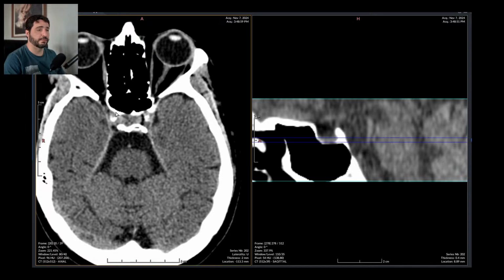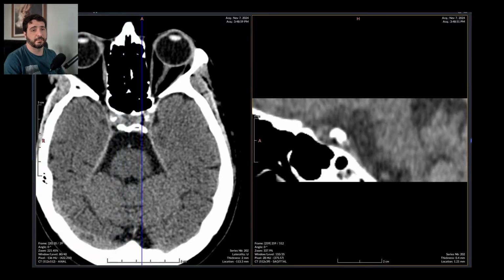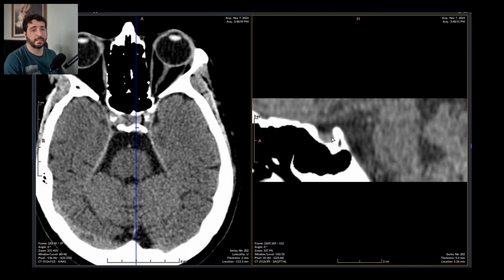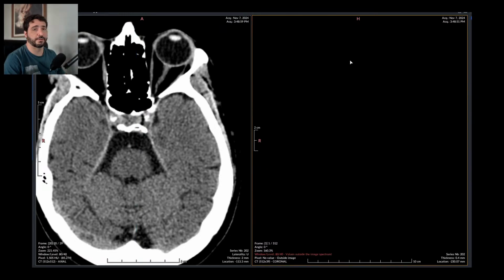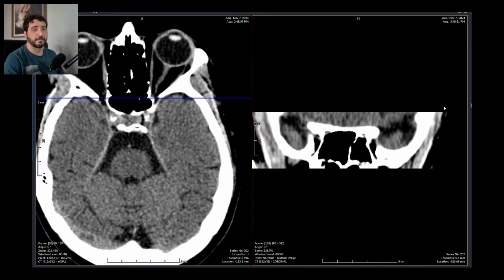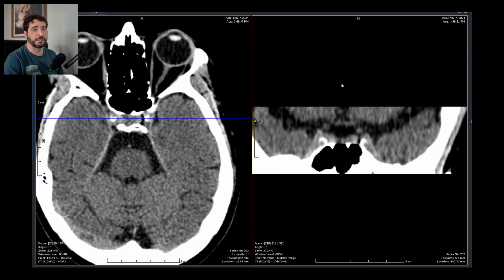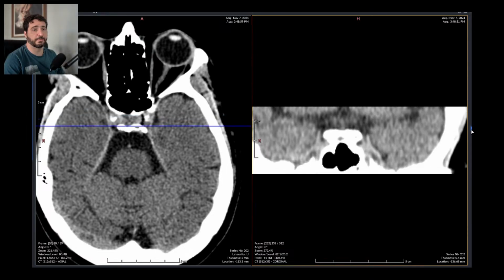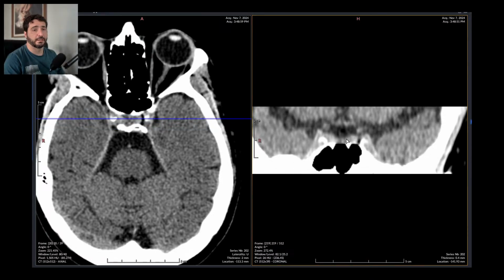So the pituitary is right here. This is the dorsum of the sella, and this is the anterior portion of the sella. It doesn't matter because it's always like this. It's never anything. Really, it doesn't matter if you do contrast enhancement, if you are doing a Turkish sella,